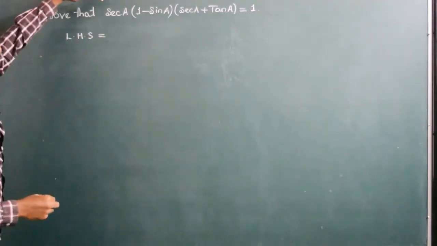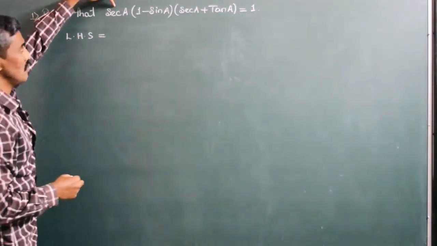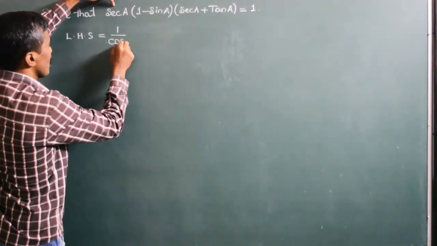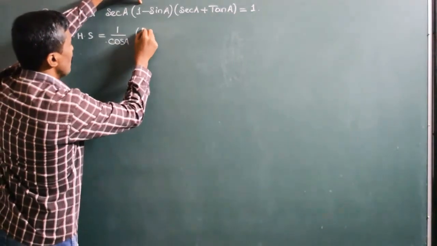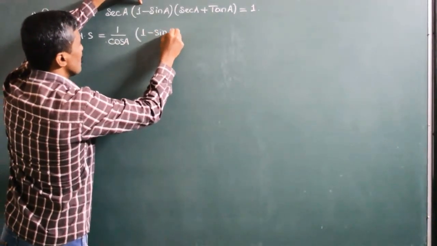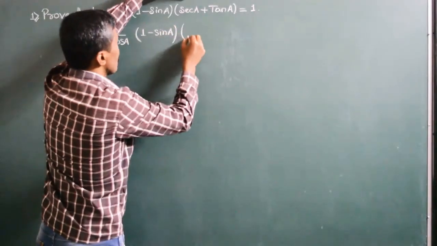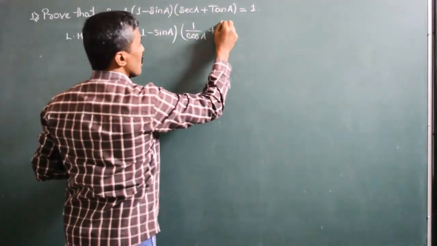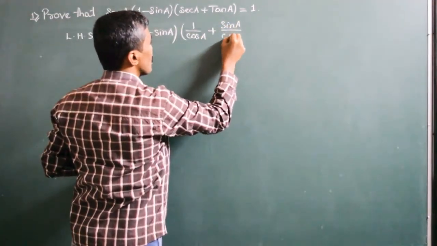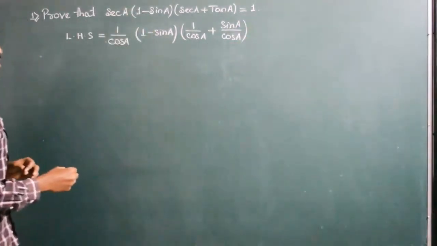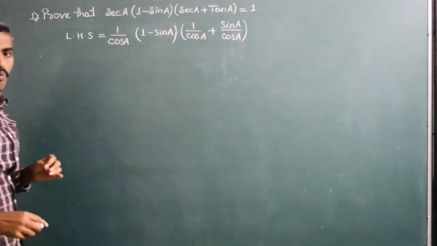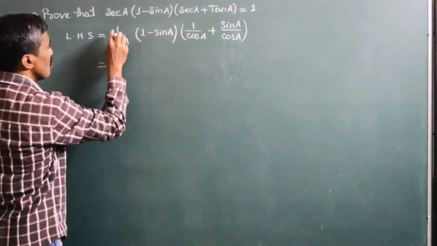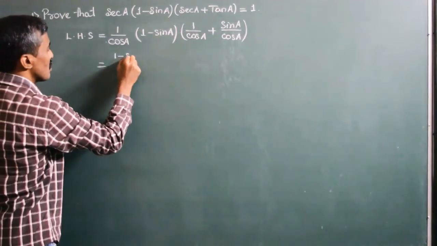LHS is equal to, the first term in the left hand side is secant a, that is 1 by cos a, into, I will keep as it is, 1 minus sin a. Then secant a once again is 1 by cos a plus tan a can be written as sin a by cos a. Now 1 by cos a into 1 minus sin a, so by multiplication it becomes 1 into 1 minus sin a is 1 minus sin a